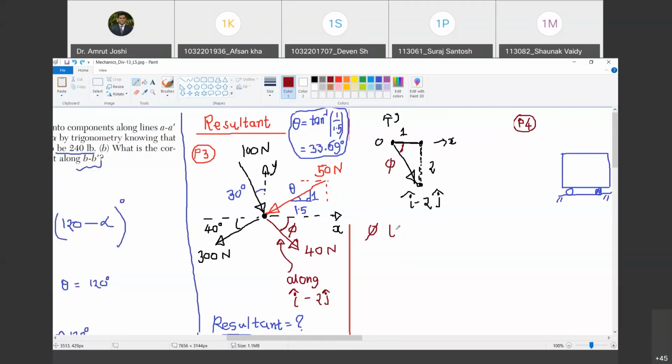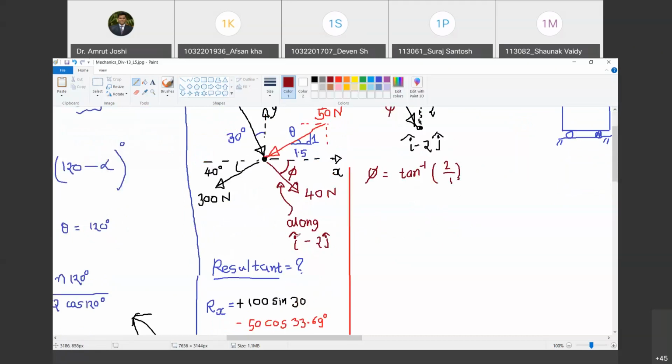So tan phi is equal to 2 by 1. So phi is equal to tan inverse of 2 by 1. Do you agree with me? Yes. So can you tell me now, how much is that? 63.43. Yes. So this turns out to be 63.43 degrees. What I am trying to do in this problem is various ways in which the orientation of line of action of force is given can be practiced by solving this single problem. Are you with me? Yes, sir. So this is 63.43 degree.